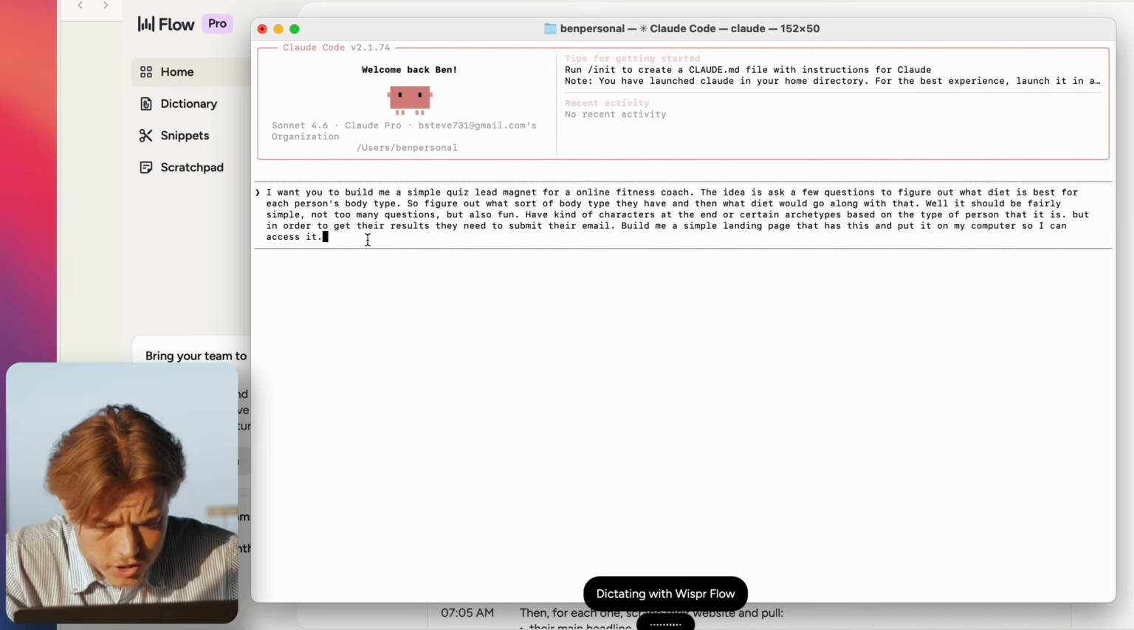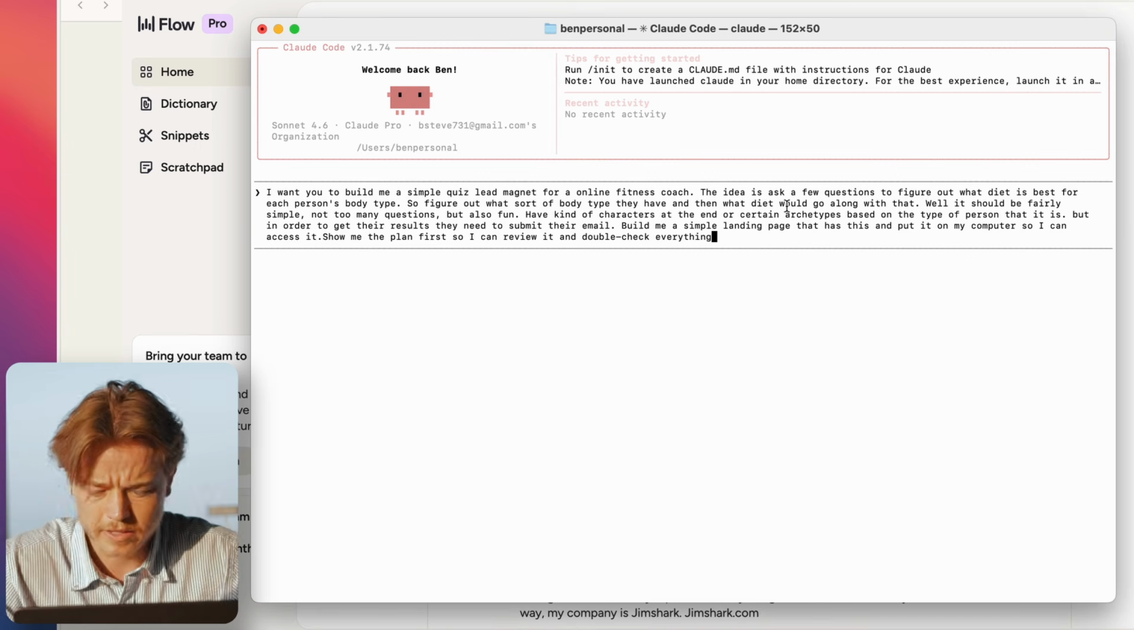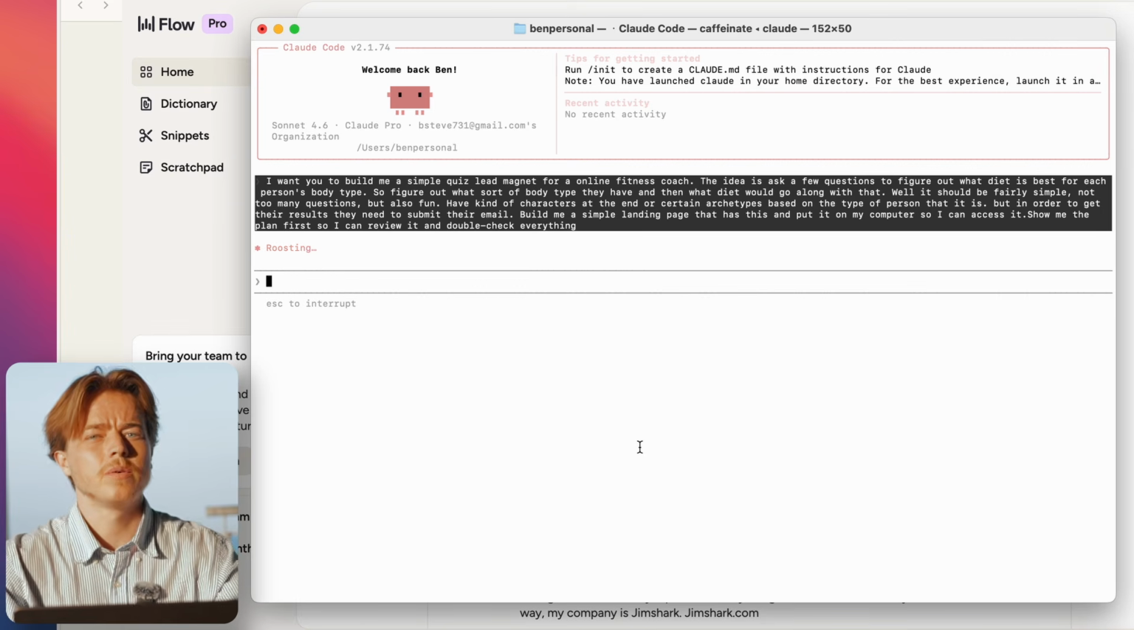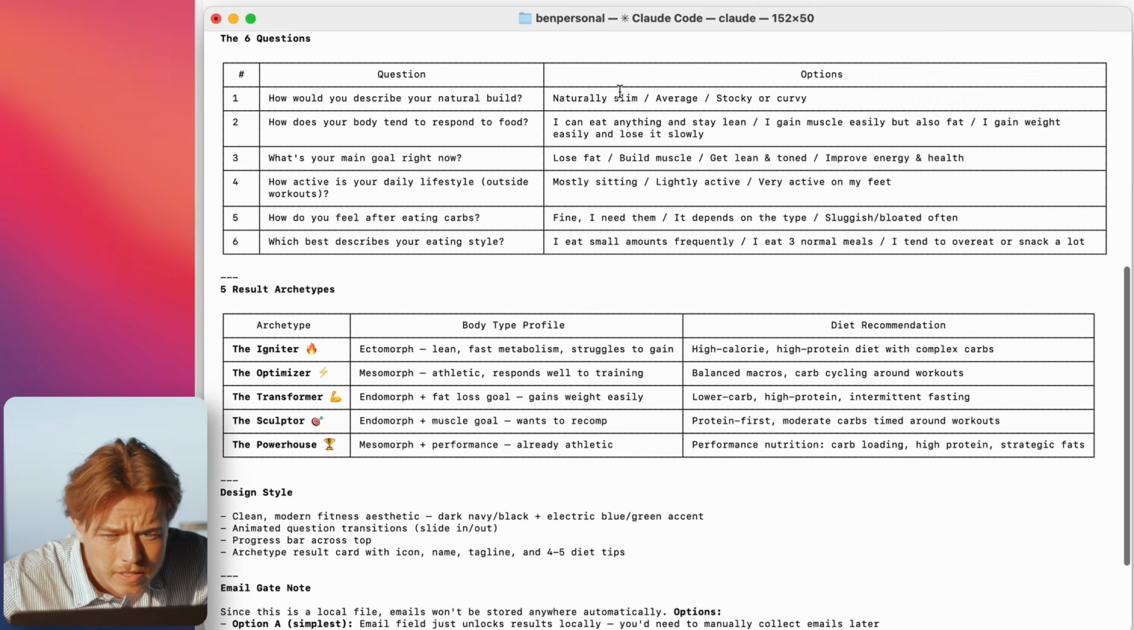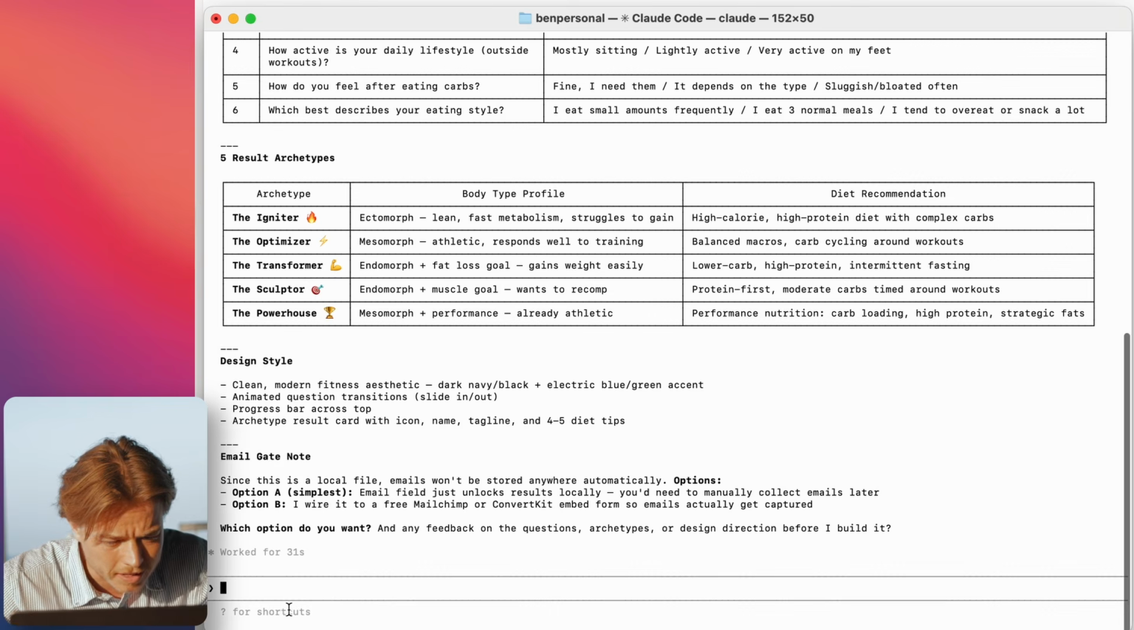And then I'm also gonna add here, show me the plan first so I can review it and double check everything, just so that I can have some extra visibility into what's going on. So now we'll give these a little bit of time to run. I can review the plan, landing page, 6 questions. I like these. And then it's asking an email gate note. Yeah, we don't actually need the email, so let's do